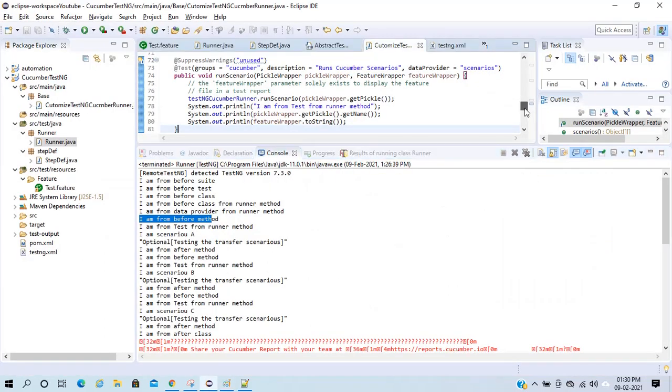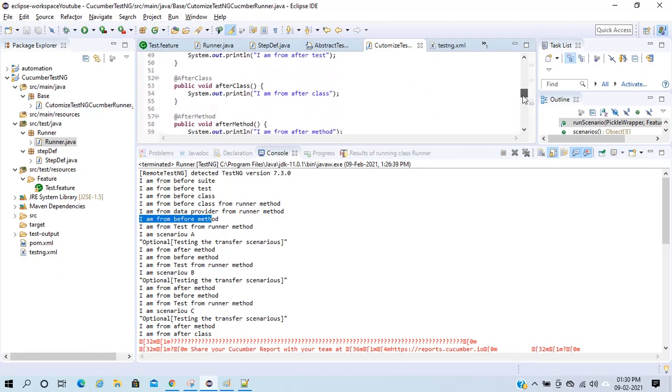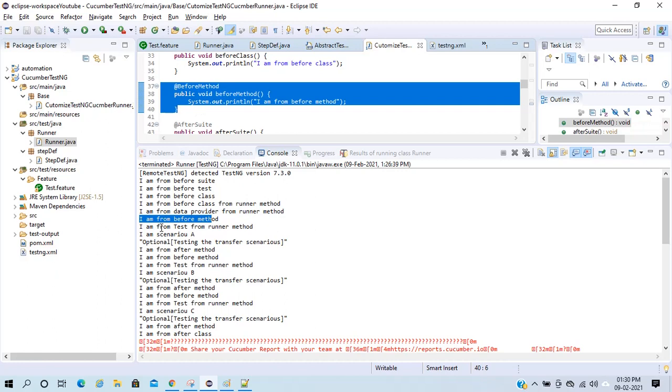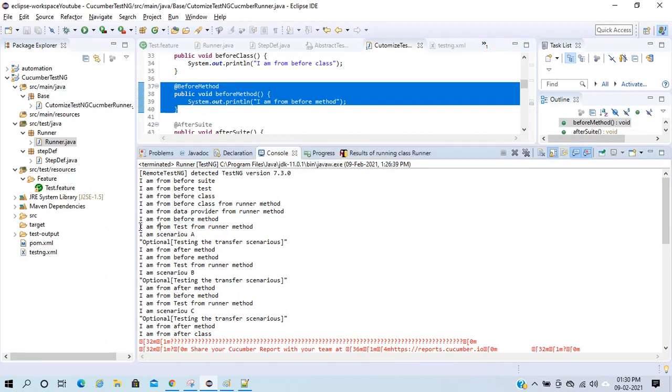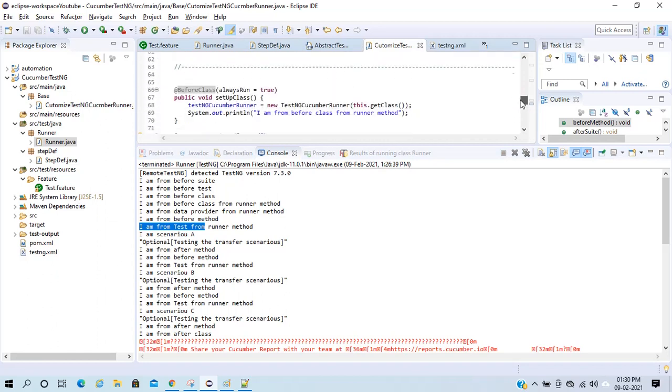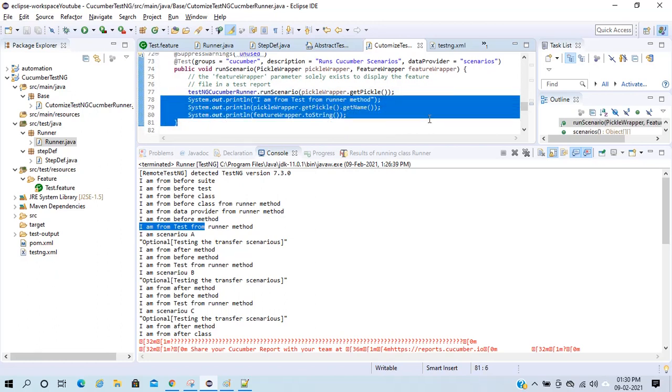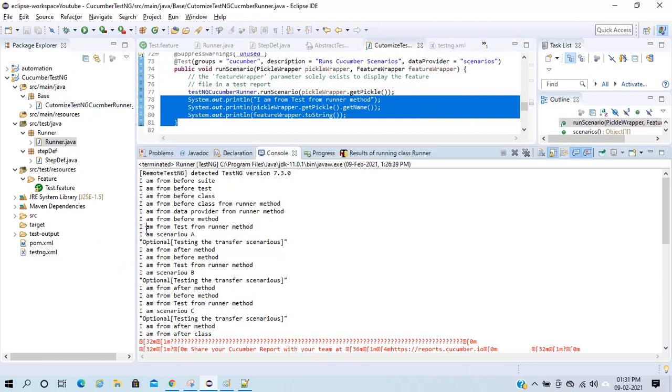So the call will go to my before method. Here you can see I am from before method. This got executed, and after that the call goes to my @Test. Then this will print the scenario name, the feature name, and I am from runner method.